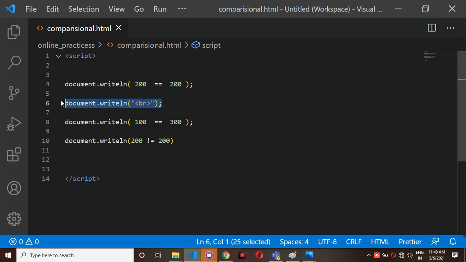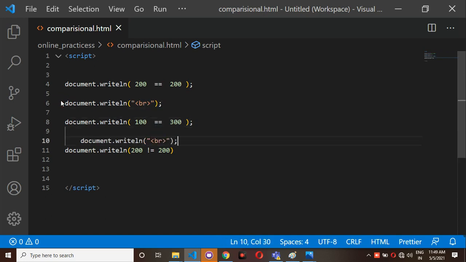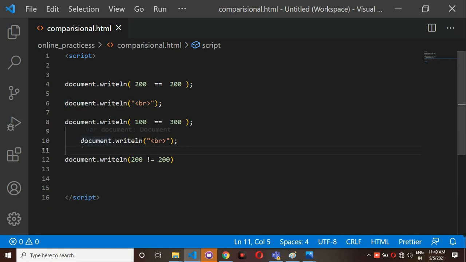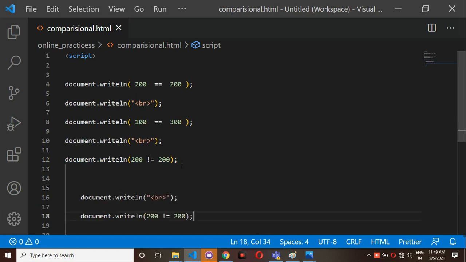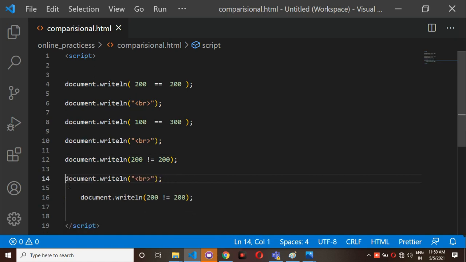But the same thing, we are checking that condition with the help of one more operator. For example, this is nothing but a not equal to operator. 200 is not equal to 200. So in this case you will get the output as false. Here, if you want, you can check here. But after that, here what I am giving is this one.